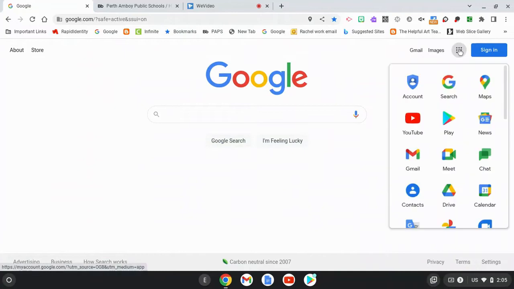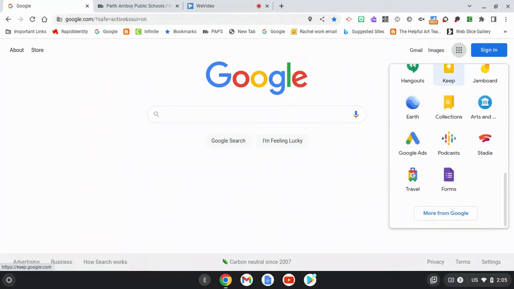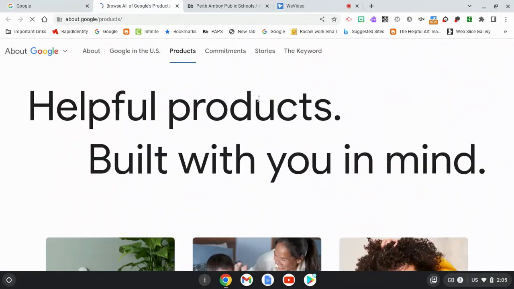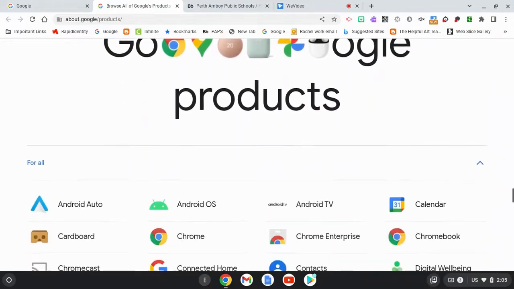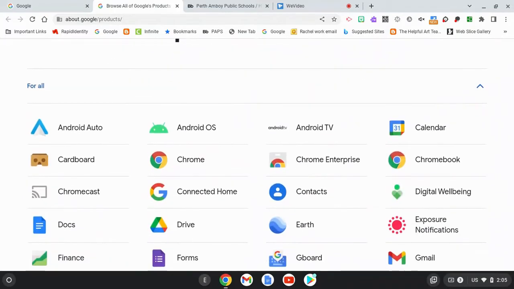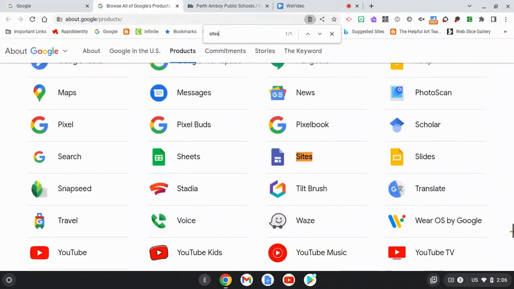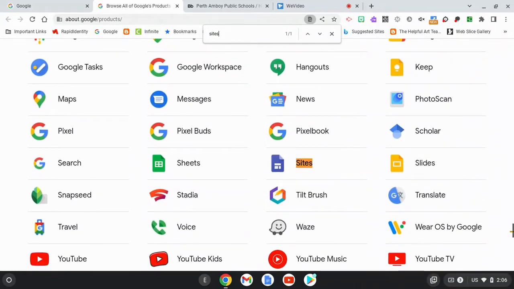I don't know why it's not signed in, but anyway, you go to the waffle and you should be able to find Google Sites here. If you don't see Google Sites in the choice menu, click More from Google. And then you're going to go down to where the apps are around here, Google Products. And you're going to hit Control F and you're going to put in sites and it should come up. So there it is, sites. So click on that